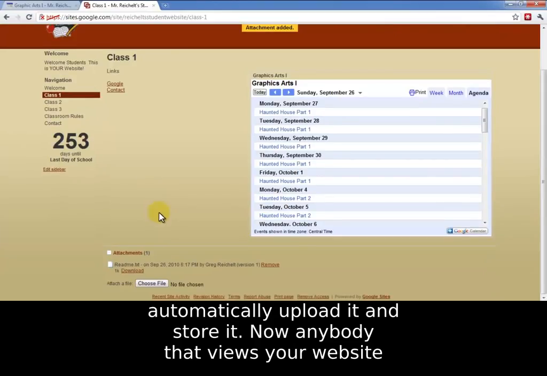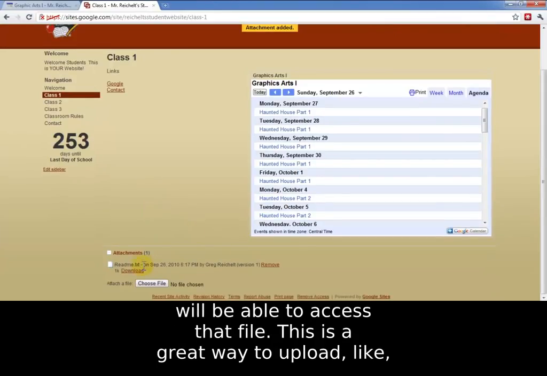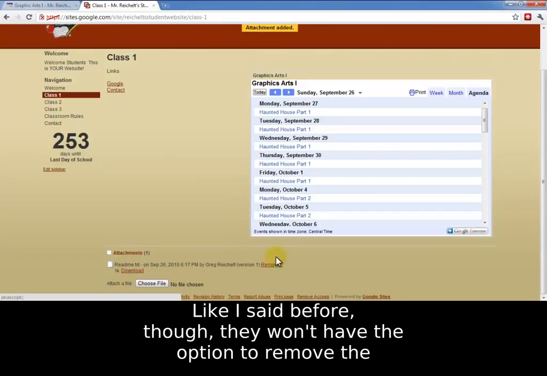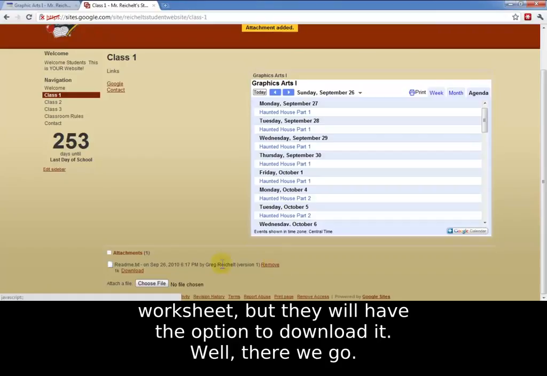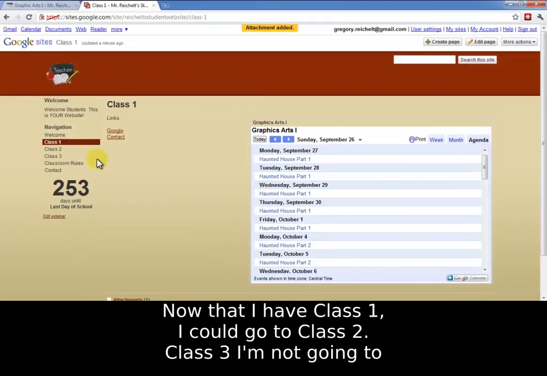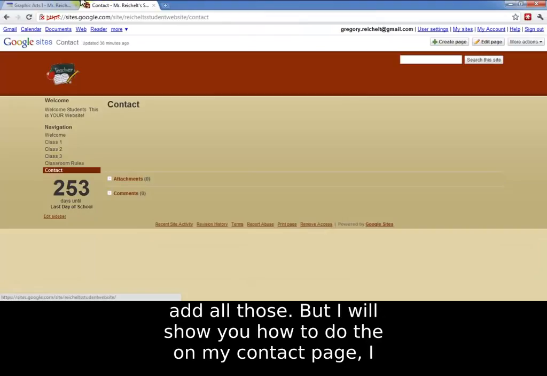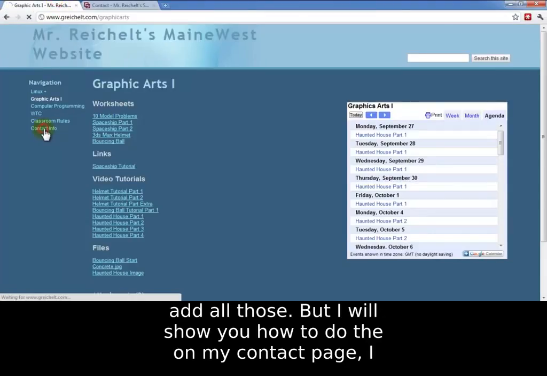Now, anybody that views your website will be able to access that file. This is a great way to upload worksheets or documents so that your students have access to them. Like I said before, though, they won't have the option to remove the worksheet, but they will have the option to download it. Well, there we go. Now that I have class 1, I could go to class 2, class 3. I'm not going to add all those, but I will show you how to